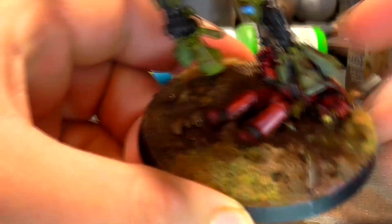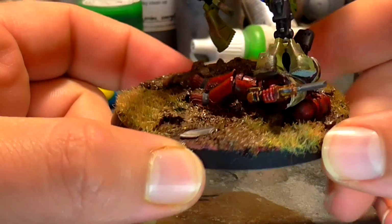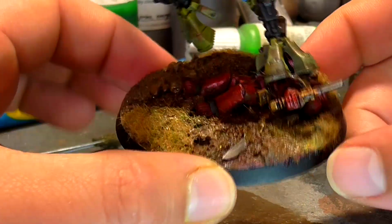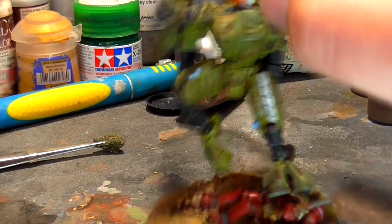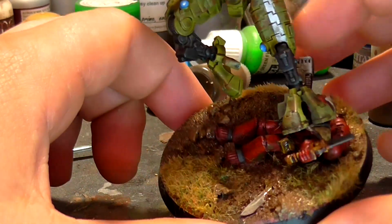Basically, I wanted to up my basing with this project as well, and up the way I did that. You'll be interested to know, guys, that there is no pinning involved in this. There's no magnetization, and there is absolutely no weight in the base. He is literally balanced perfectly. Even if you nudge him, he falls back this way. So what I did with the base, I added...